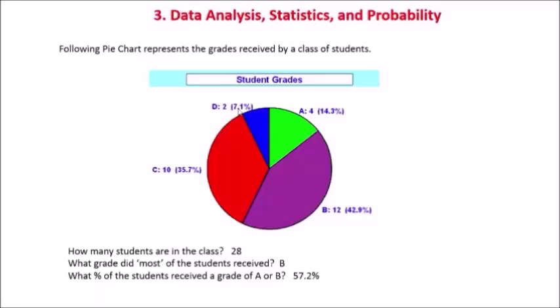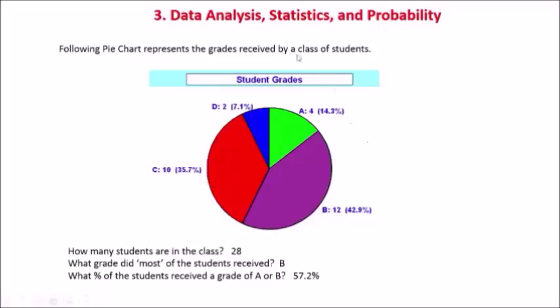So if you look at how many students are there in the class, they've got 4 people here who got A, plus 12 people who got B, plus 10 people who got C, plus 2 people who got D. So if you add up all the numbers, there are totally 28 students in this class, okay? And then if you actually